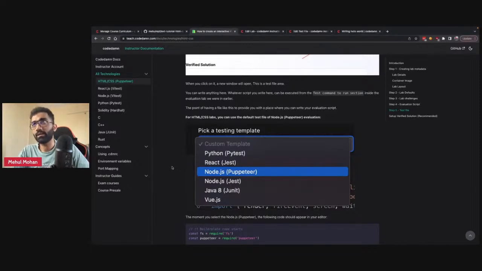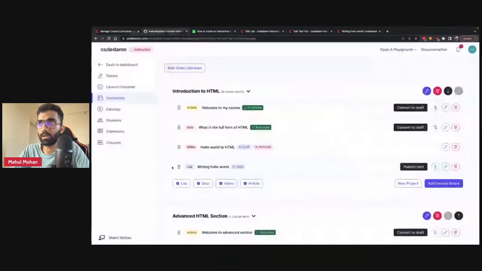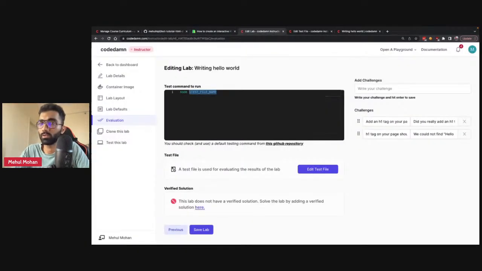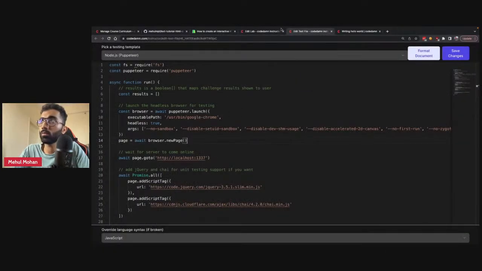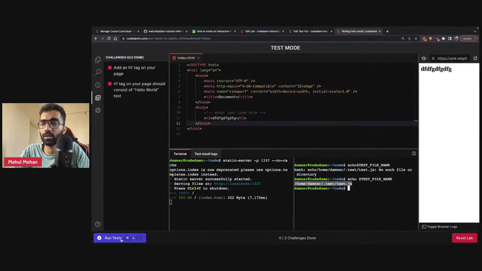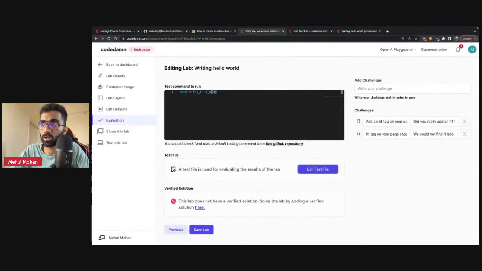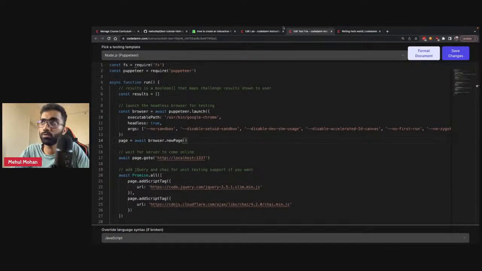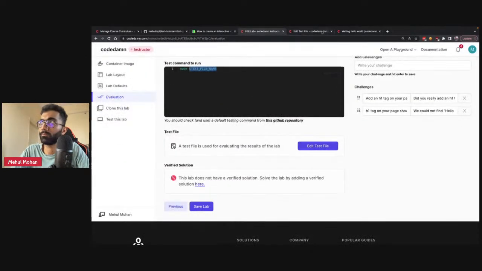Okay, let's get back, and I will just take a step back. We'll take it a little bit slow as well if it's going too fast. So what we have done so far is set up a very basic lab, which allows you to run a script with Node.js when someone clicks on this run test button, right? Node would run this particular script, the one you're editing with the edit test file button.